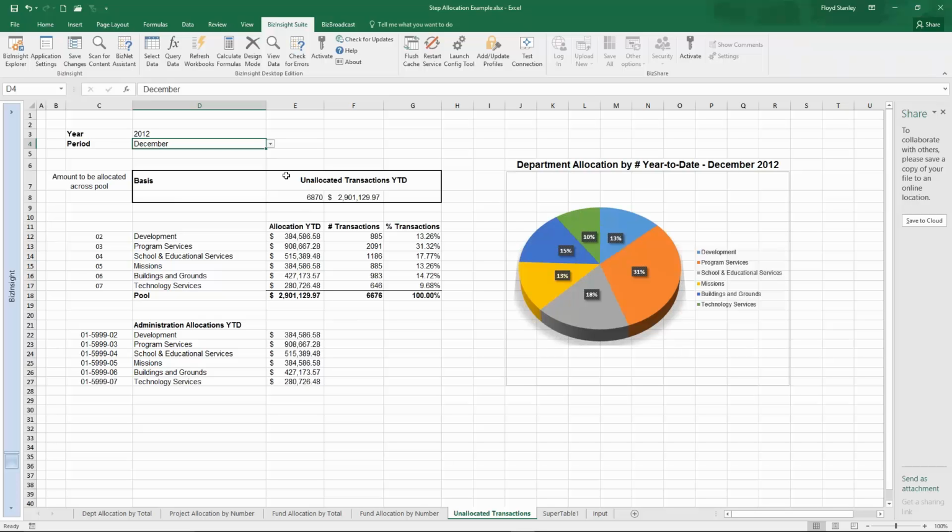Now, a number of you are saying right now, hey, I use BizInsight, I use BizNet, and I've never seen this stuff. Well, what you're seeing here is our new BizInsight version 7 product, and actually this is not even the newest release of that. Our developers are working